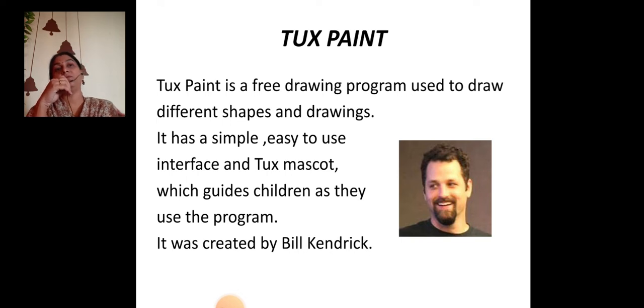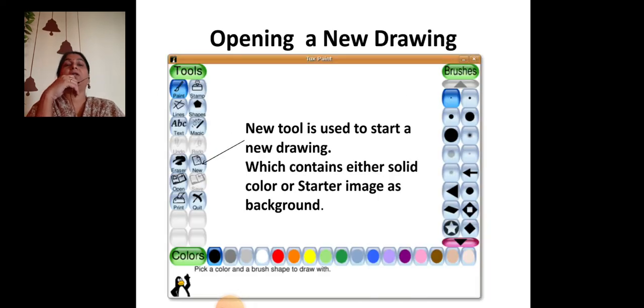Okay, children. Now let's start TuxPaint. Now, how to open new drawing in TuxPaint? Before that, I want to tell you something about how your TuxPaint window looks once it appears. Your TuxPaint window is divided into four parts. Which four parts? The left side of the TuxPaint window is for tools. It has different tools like paint, stamps, lines, shapes, fill, new, quit. Okay, so many tools are given there.